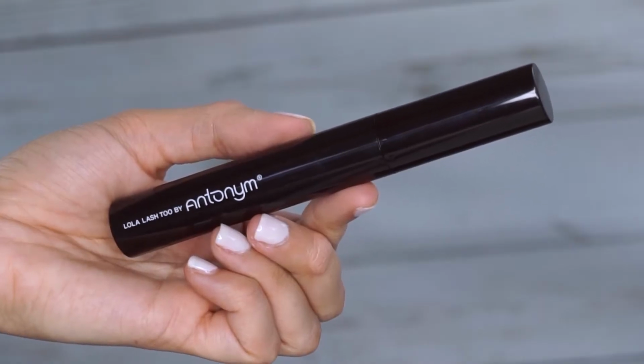Hi everyone, my name is Ashley and today I'm going to be sharing with you the Lola Lash Too by Antonym Mascara. This is a really great certified organic option. Has no harsh chemicals in there, so it is ideal for people with sensitive skin, sensitive eyes. If normal mascaras are too harsh for you, this one will be absolutely amazing without sacrificing any of the performance